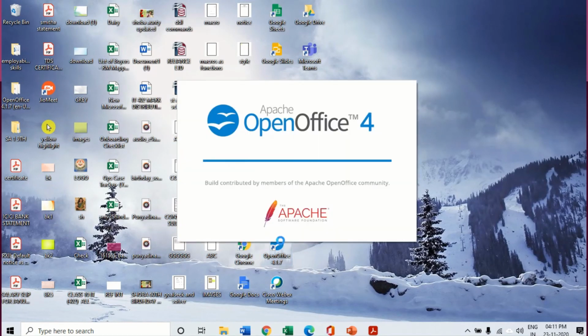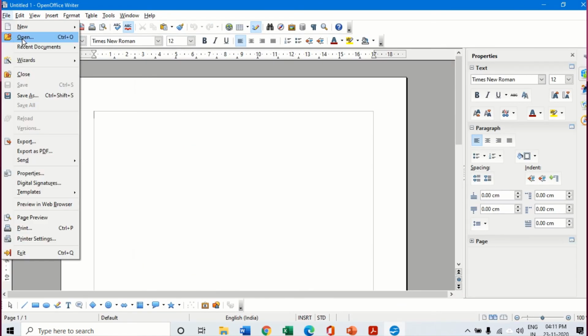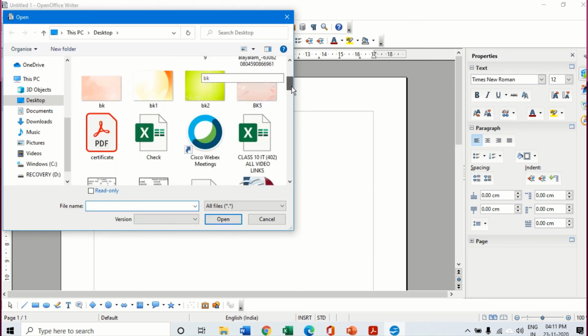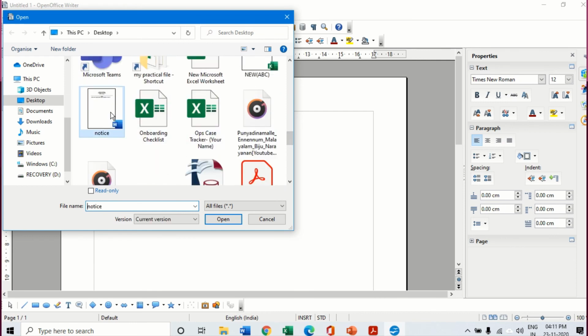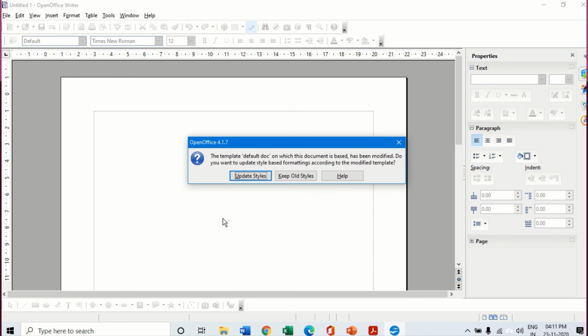Now I'm going to try and open the document which I had recently made called notice, using the template called default doc. Yeah, this one. It will ask me a question, update style. Why? Because I had made some changes to that default doc.